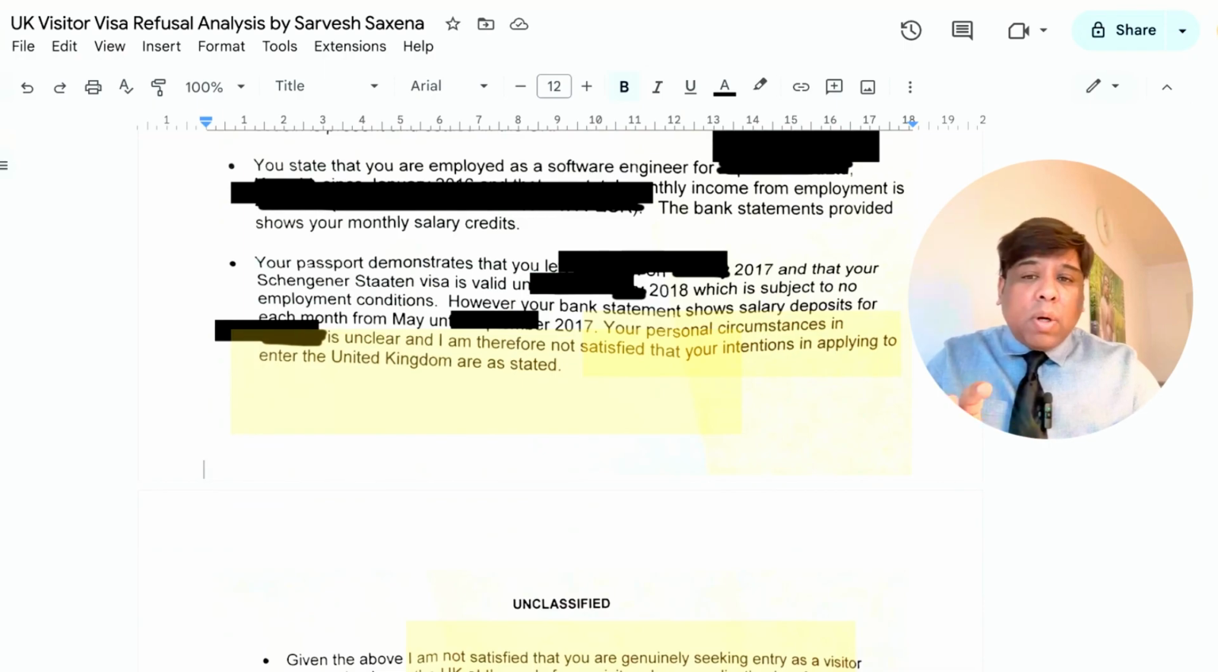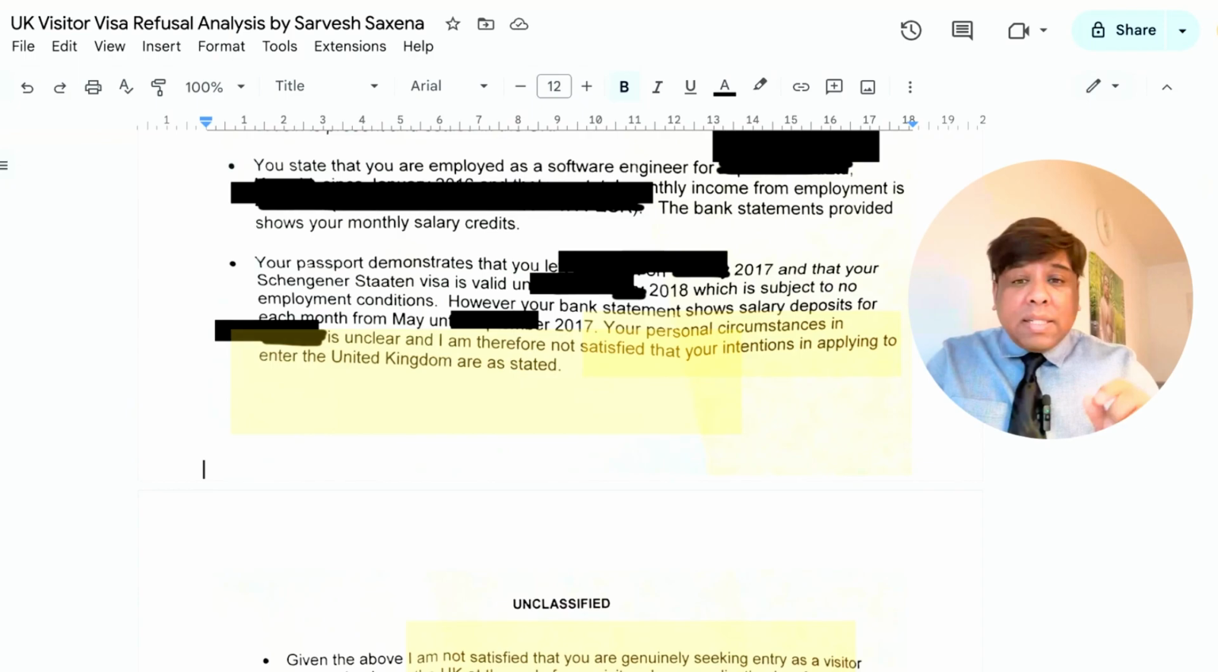So, in short, what they're trying to say is that by the time he applied for the UK visitor visa, he showed probably the last 3 months of his bank statement showing salary credits coming in as a software engineer. But when he applied for the Schengen state visa, it clearly stated that it is subject to no employment conditions. For example, if he was visiting France or Germany or one of the 26 Schengen states, there was a condition that he cannot work. But during that tenure, in the bank account, there was no salary credit in the same year,